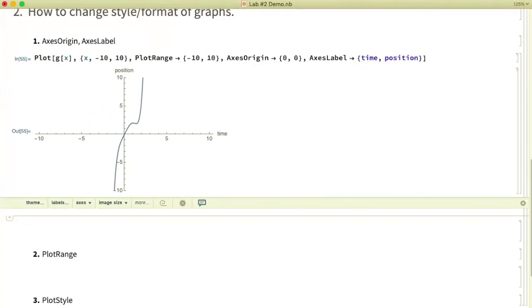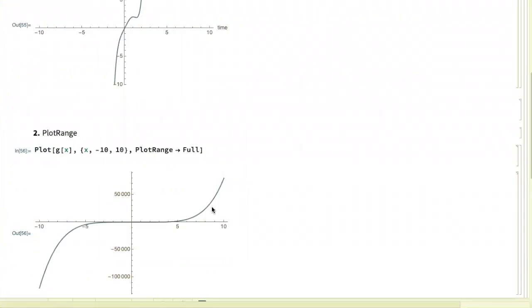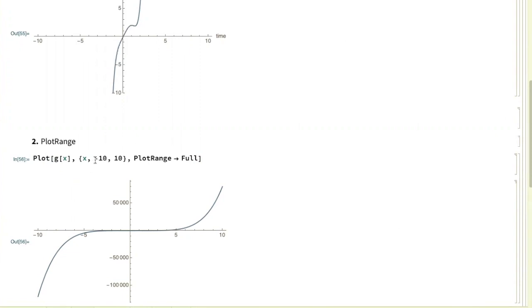We saw an example of how you use plot range up above here. I already have that command sitting in my plot command. This is the most basic usage of it, where you just define the lowest and the highest Y values that you want displayed on your graph. And I'm going to put that down here, and I'm going to change my plot range to full. What that will do is adjust the graph so that whatever you set your X minimum and your X maximum to, -10 to +10, it will adjust this Y-axis scale so that you see all of the graph between those